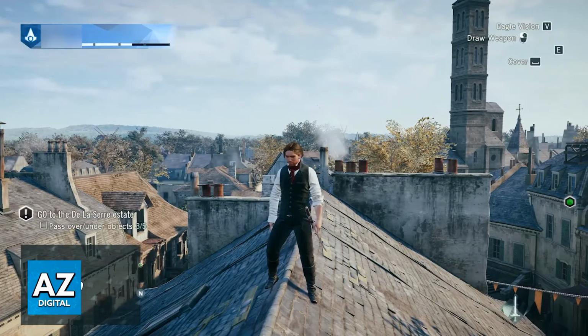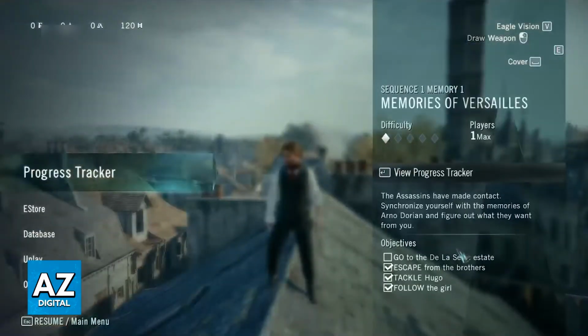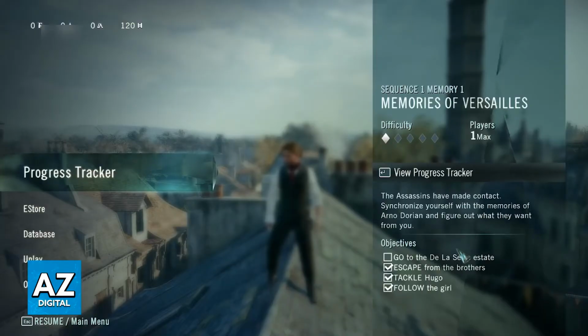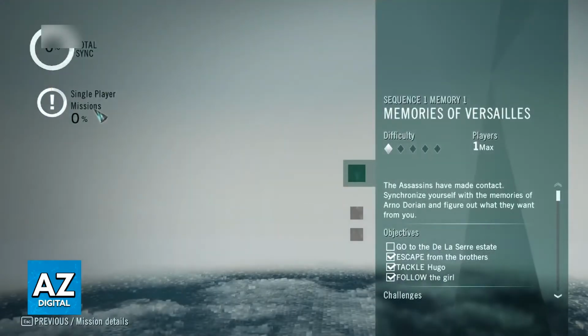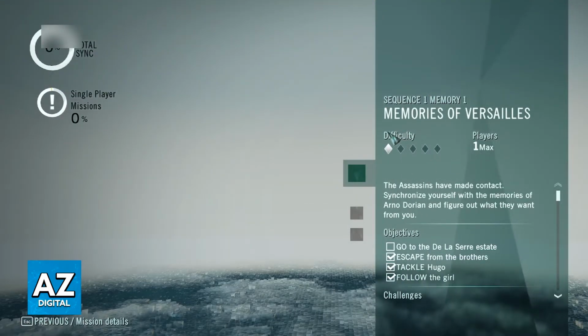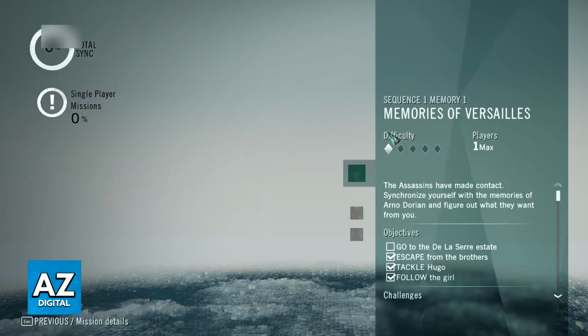So all that you have to do is first, inside of the game itself, you need to complete Sequence 3. If you pause your game at any time during an actual save file gameplay, you will find the progress tracker and you have to make sure that you complete Sequence 3. You will notice that on this save file, I'm still on Sequence 1, and because of this, I don't have access to online or multiplayer.